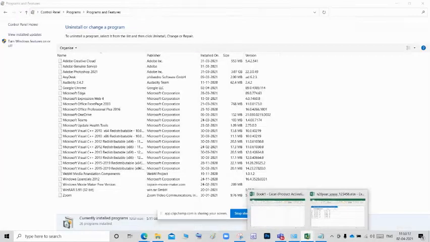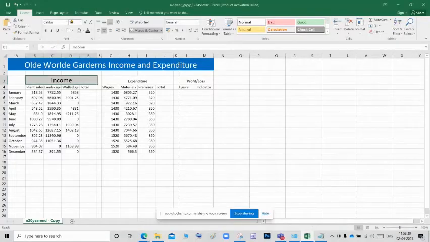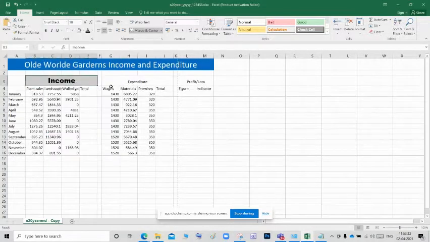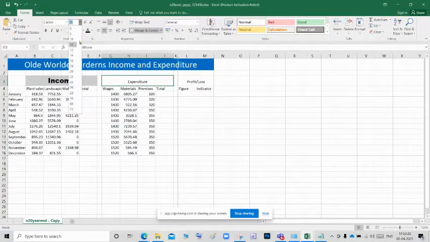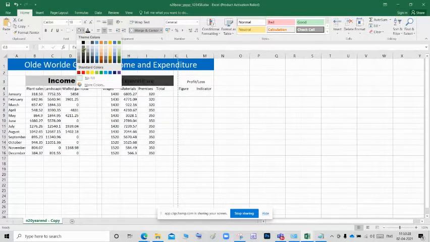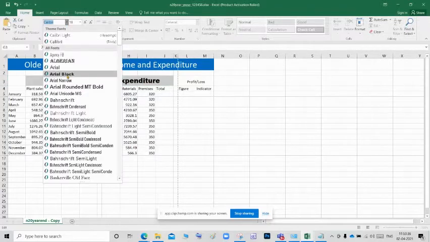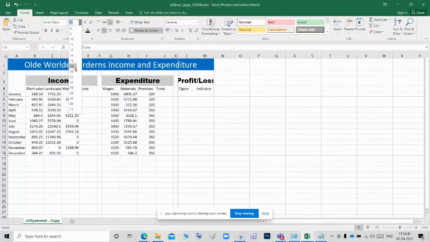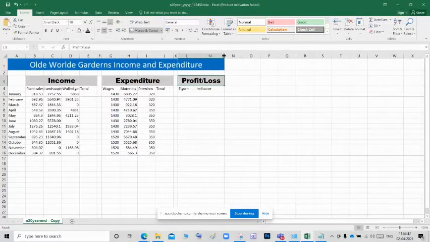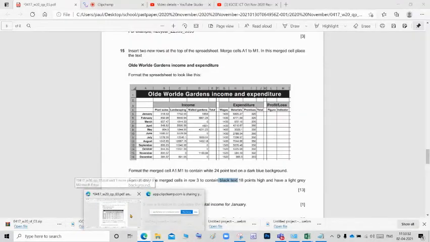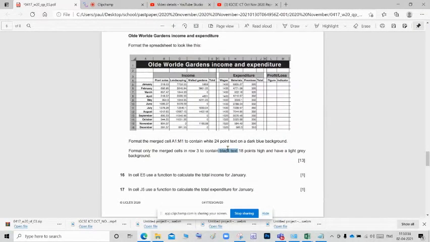So I can give Arial black. Select and give Arial black, so it will be bigger. And for expenditure, same: give 18 points, give a light background, and give black color. Select and give black color, and you can give Arial black. For expenditure, I want to give Arial black, 18 points, and the light color background. If you want, it's not visible, so make it bigger. Okay, so we finish this.